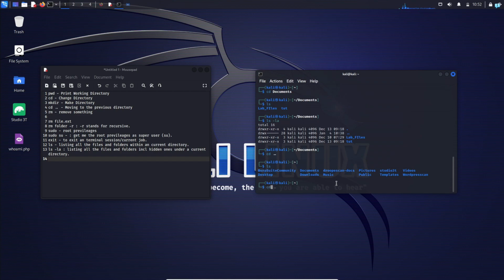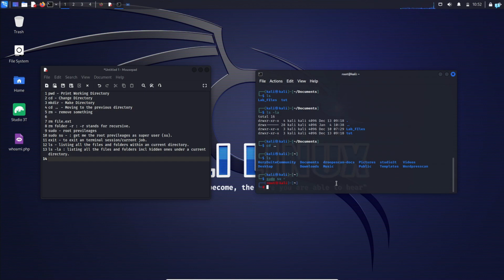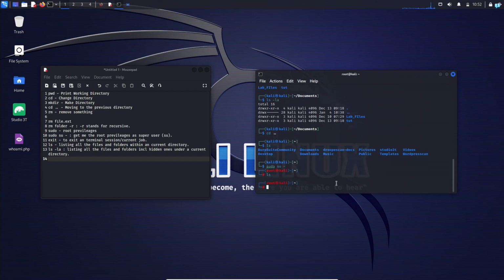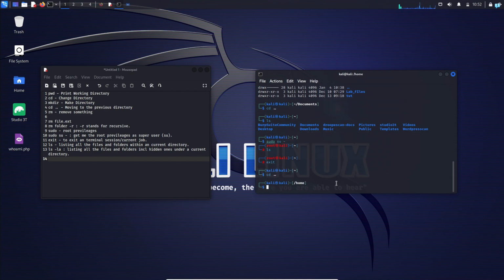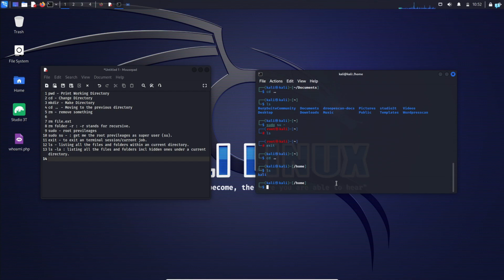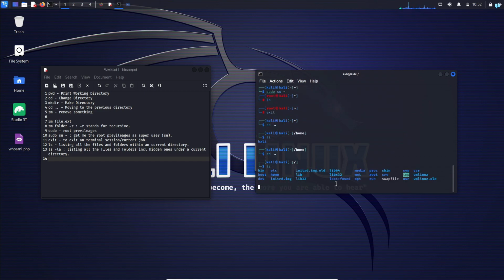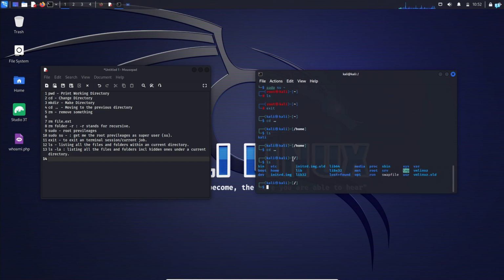And now let's change it to root. Okay, we are root now. Let's list now. There's nothing. Let's change it. Okay, give me a second. Let's go back one more step. We are out of our home now. Let's see what's there. We are in Kali, that's the user. Now let's go back again. Let's list. Now we are in the main file system of Kali,